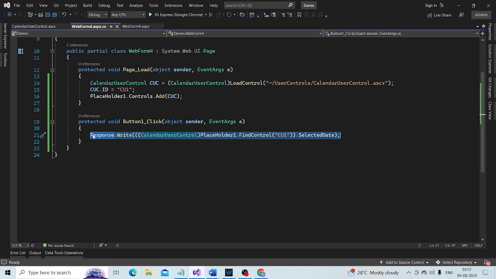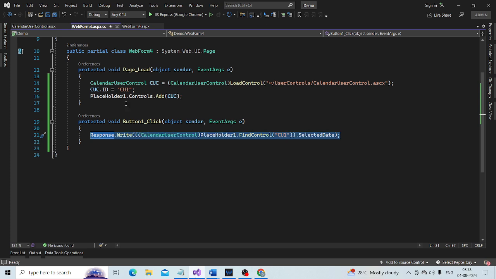Look at that. I selected this value, I click, and it's still retaining its value.